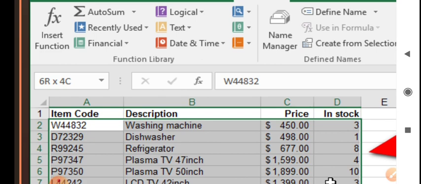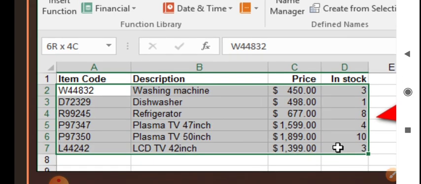Hold the left mouse button and drag to the last cell you have to select, then release the left mouse button. All the cells from the first to the last will be selected as a range. So here from A1 till D7 I had selected my range.